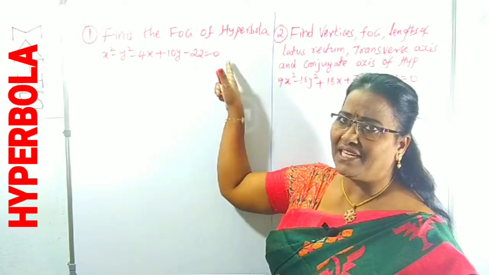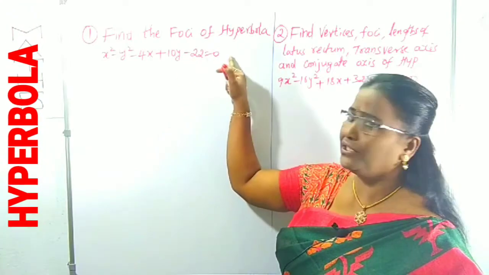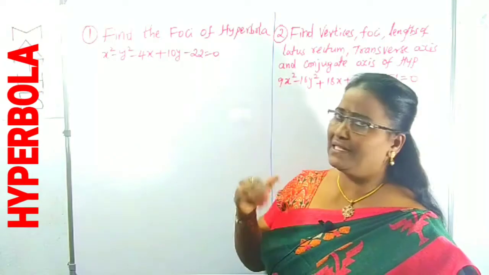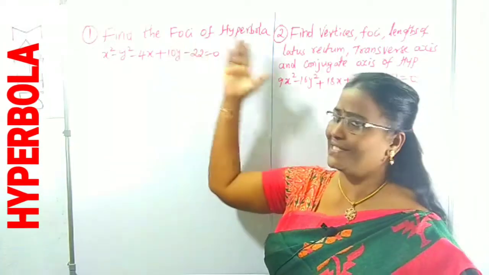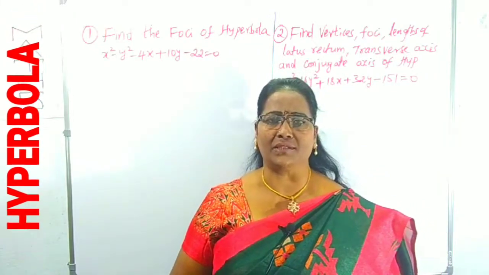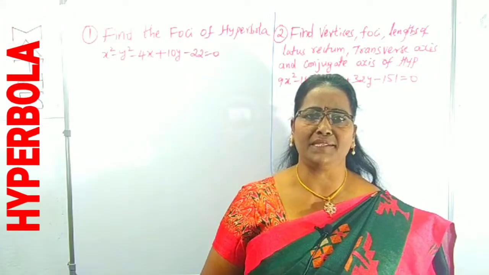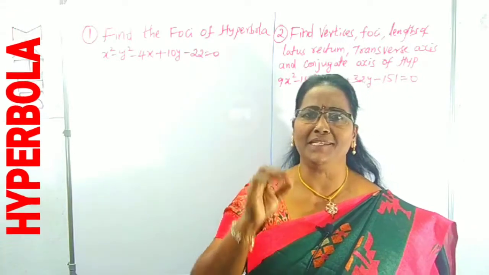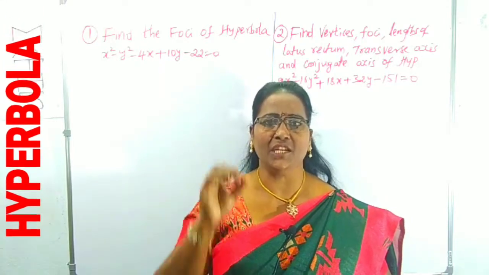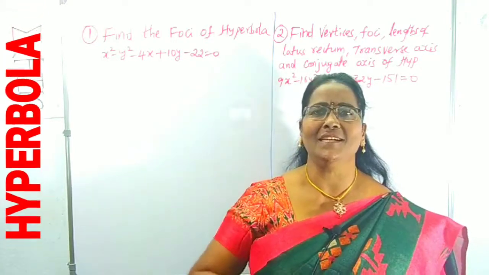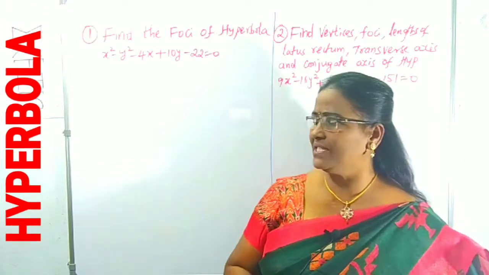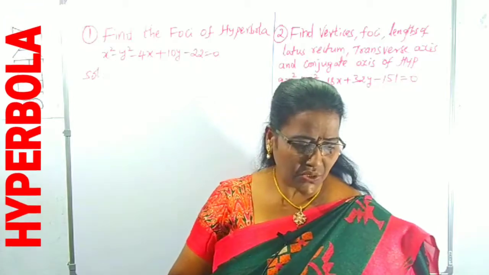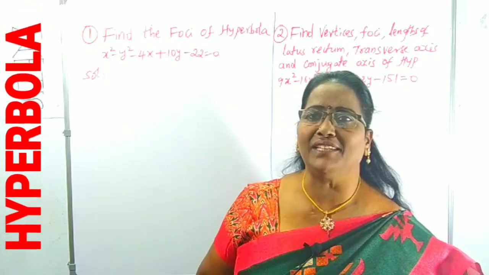It is clearly a transverse hyperbola, because when we take the 22 to this side it becomes plus 22. In case of a transverse hyperbola, what are the foci? The foci are h plus or minus a comma k, where the center is at (h, k). To find the foci, we first have to find the eccentricity as well as the center. First, what is the center? For the center I have given super tips and tricks.